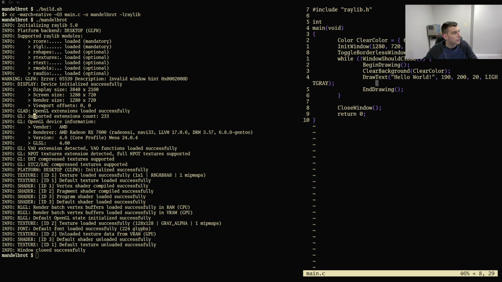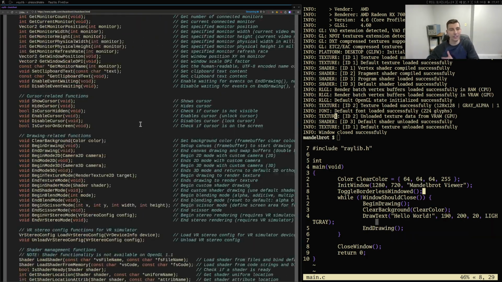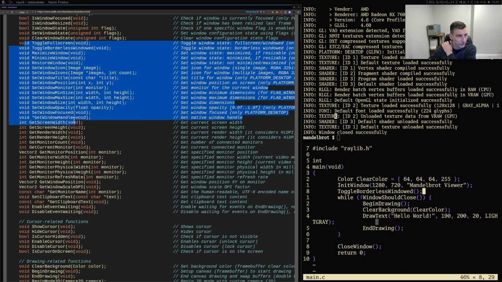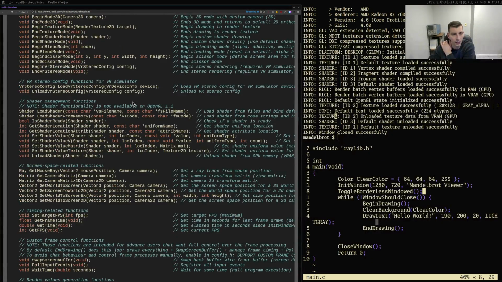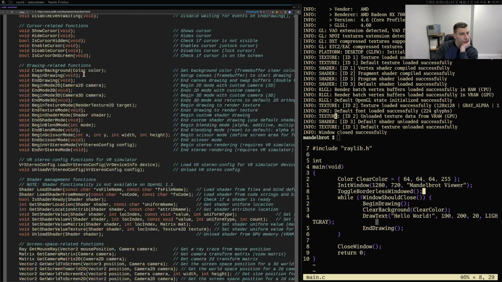Let us see. Whole input, wait time, get random values. Huh. I mean, I guess I could bring this up on the main monitor here so we can see what I'm looking at a little bit better. I did that. So what do we got here? Just move this window to where I can see it. So what do we have? We have